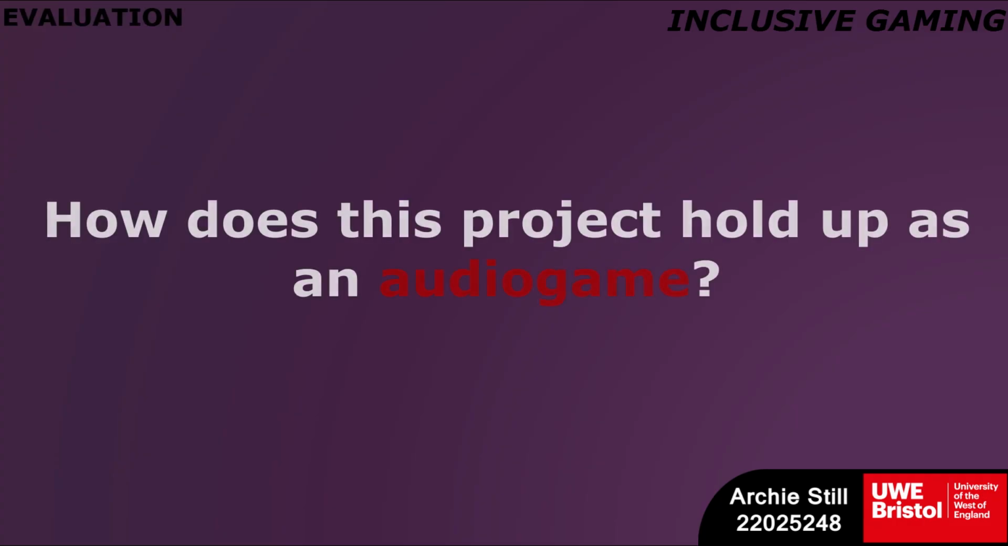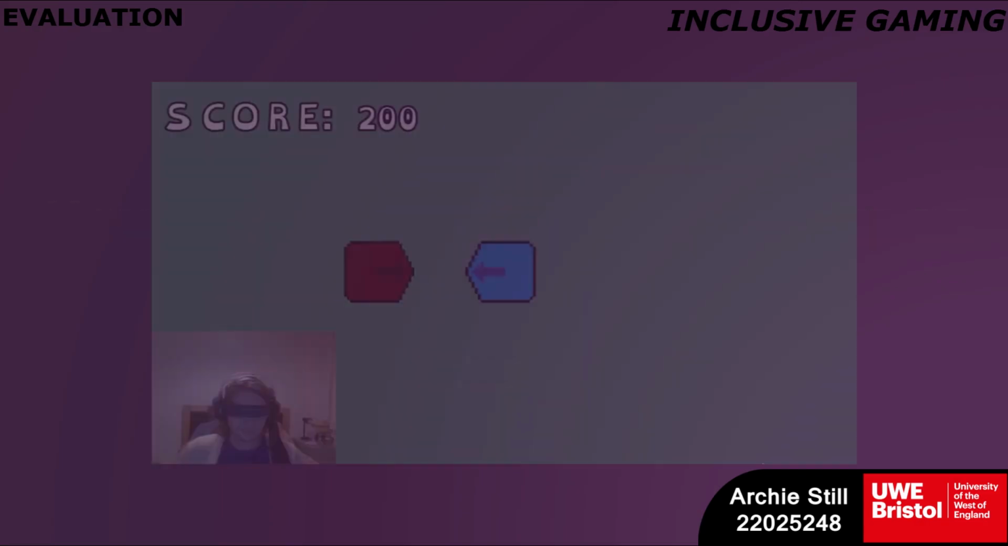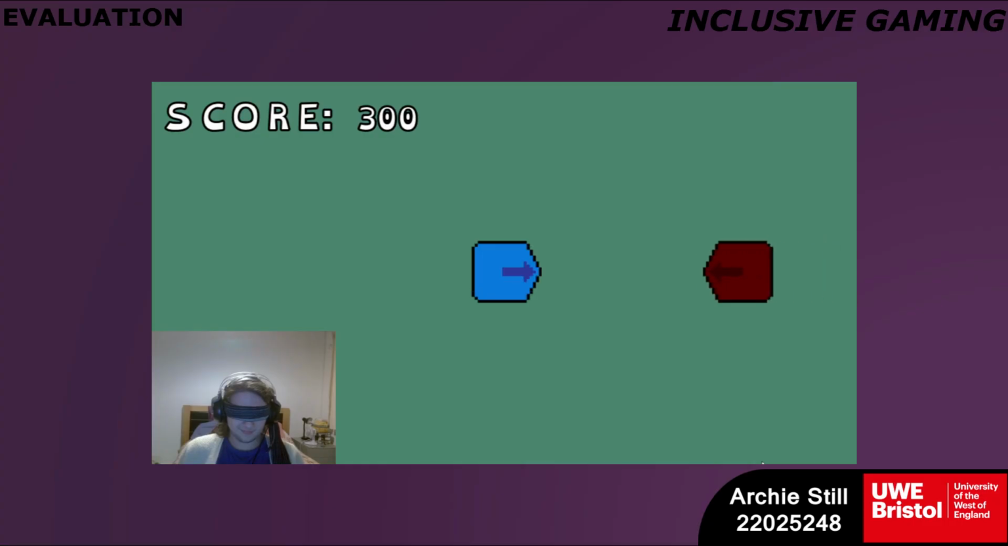So, how does this project hold up as an audio game? Well, not only does the final game include features designed for players with all kinds of visual impairments, but with all the features applied together, all of the necessary information that the player needs to play the game is conveyed without the need to see the screen at all, and the entire game can be played in full without the